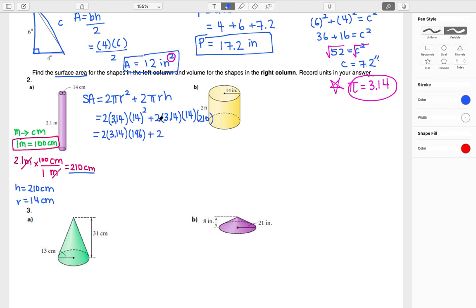Plus, you can do all of this in one step actually, if I want. So you're going to do 2 times 3.14 times 14 times 210. When you put everything together, this is what you get. And when I punch all this together, you get 1230.88. And then plus 18463.2. And then last step is surface area is equal to